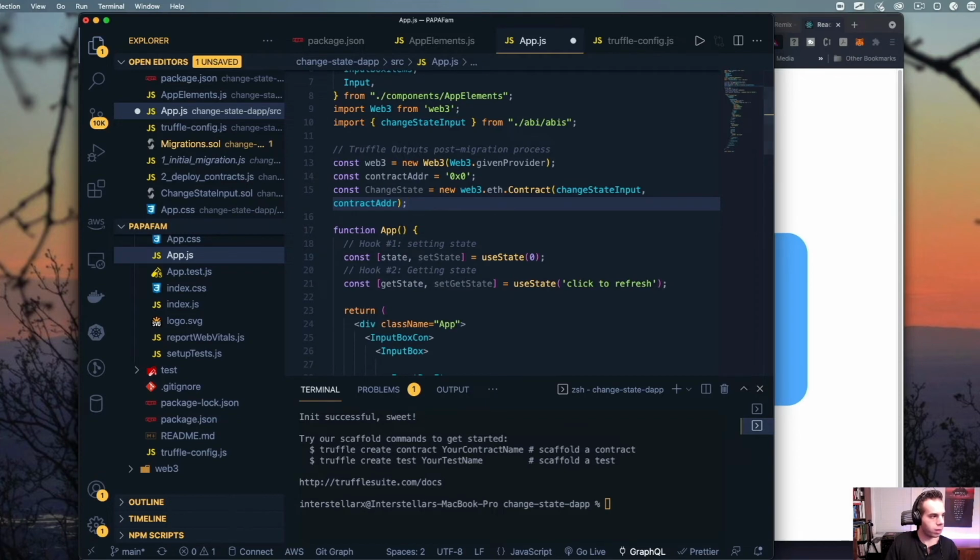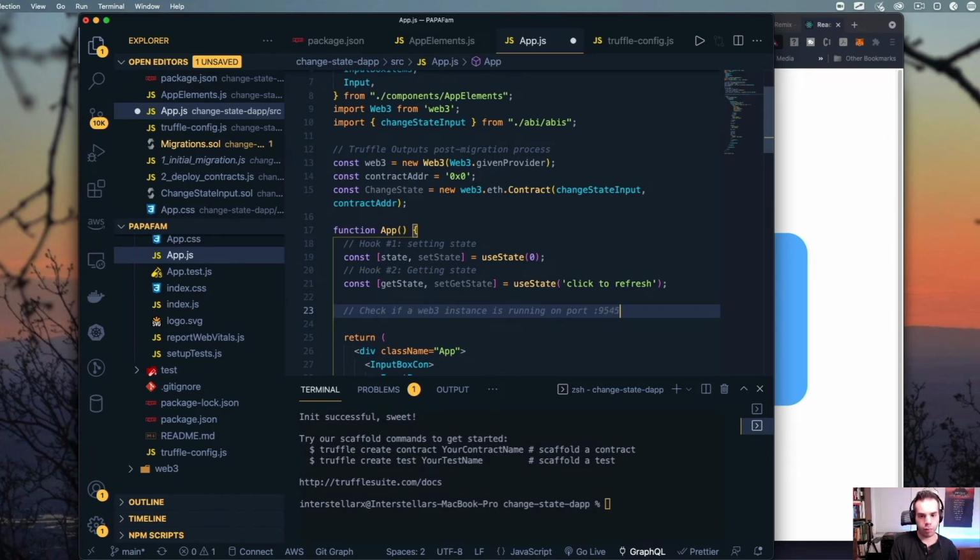So that's great. Now we're going to build a little bit off of our port. We're going to be checking for 2 things. We're going to check if a Web3 instance is running on port 9545. This is just going to be a literal check in the console to make sure that our Web3 instance is running, or if not, to let us know that we don't have something running. This is also going to be helpful in terms of testing, in terms of managing the state of our blockchain. We just want to make sure that we are connected to this specific instance, and this is more important for testing.